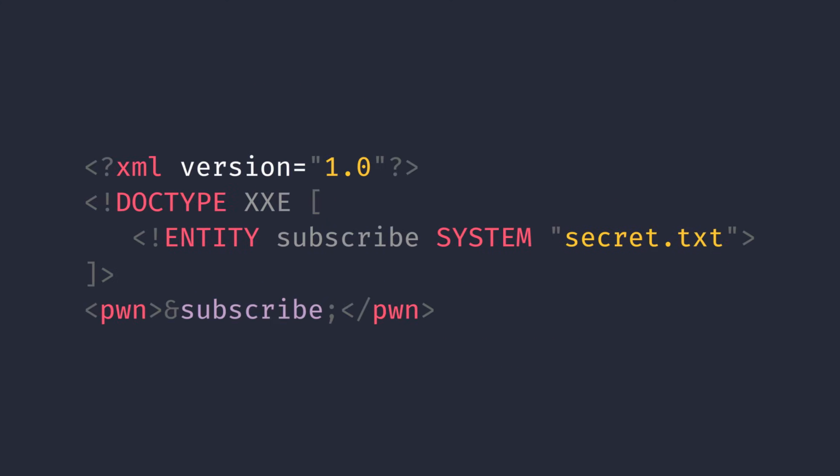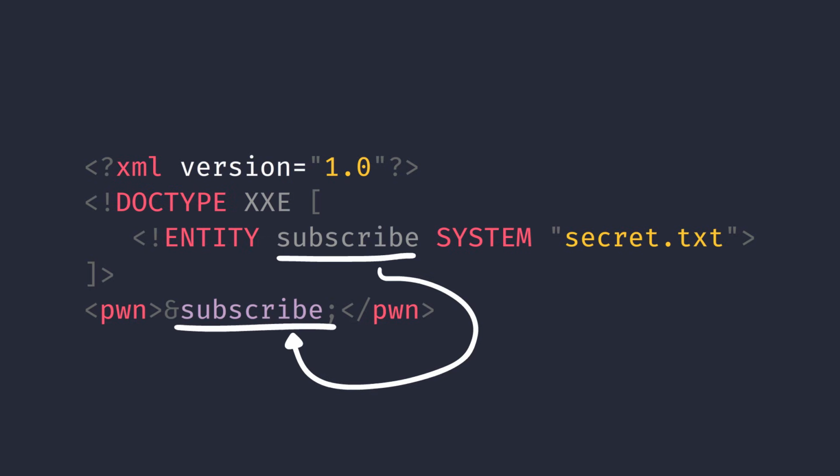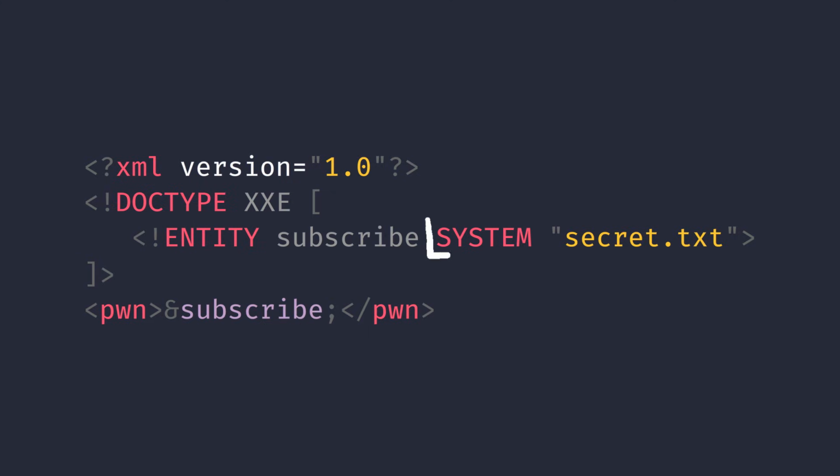Now let's take a look at how external entities work. In this example, we have an entity called subscribe, and it's being used down in the pwn tag. You might have noticed that the syntax for the entity definition is a bit different than what we saw earlier. There's a new keyword called SYSTEM. And what's that? Well, SYSTEM is a keyword used in an entity to let the XML parser know that the